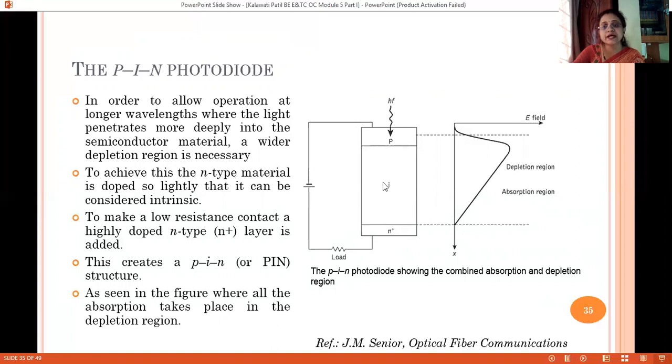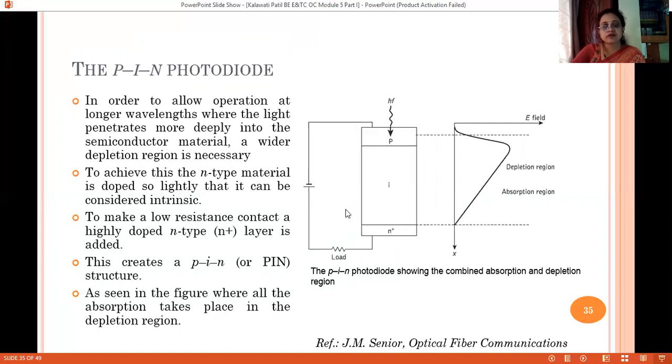Basically this is the P region and N region, but now this region is lightly doped, and from semiconductor basics we know that with light doping the depletion region no more remains symmetric, and it becomes asymmetric and more extended towards the lightly doped region. So what we get is the extended depletion region. And now I can treat this region not as an N region but as an I region. And on the other end, we can use a highly doped N material which will act as an ohmic contact and immediately collect the generated photocarriers.